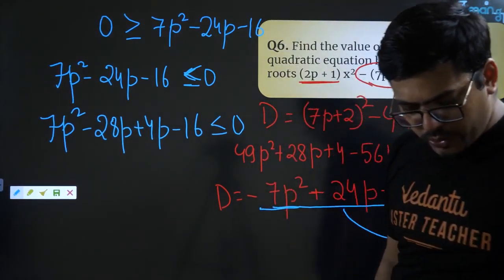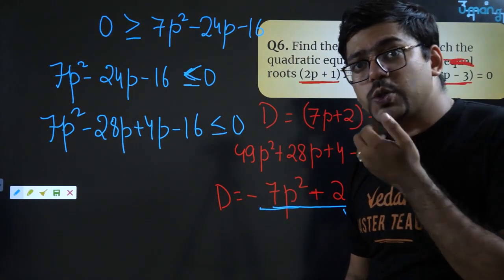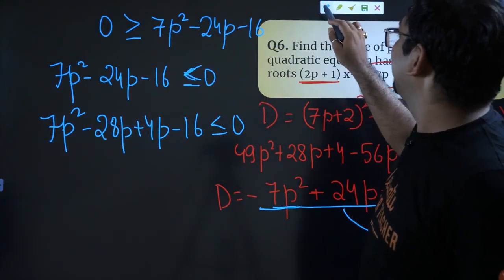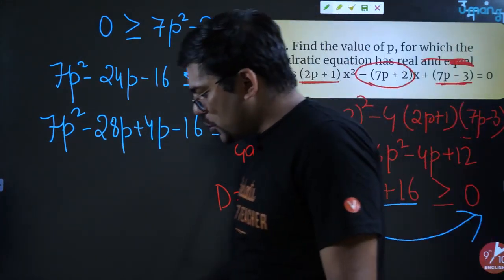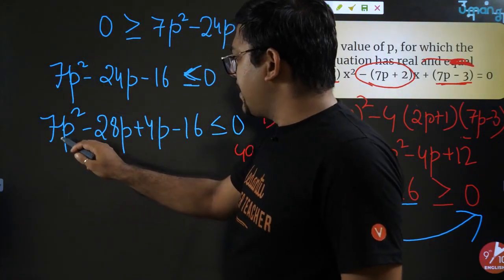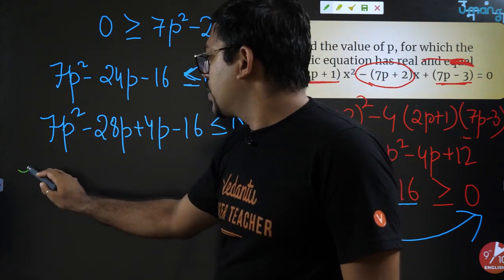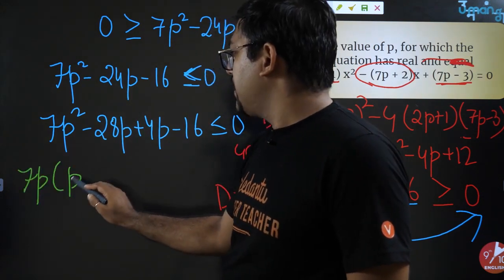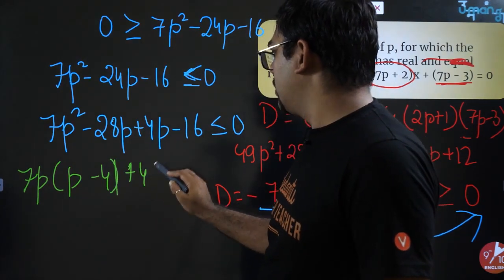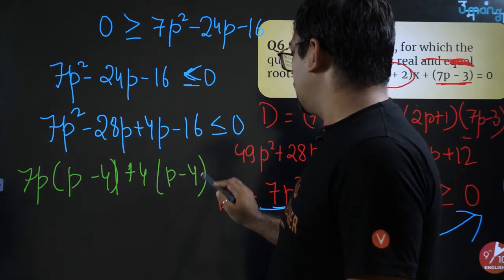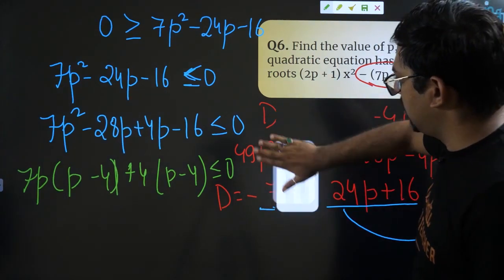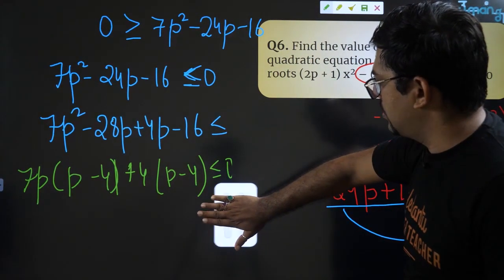Okay. Now you have to actually solve it. Chalo, let's try solving it out. It's not so tough, in fact. Okay, let's try it out. So here, if I write it down, please pay attention. Let me solve it this way only. 7p and minus 28p, if you take out common, you can take out 7p. What is remaining? p minus 4. If you take out plus 4 common from the rest, what is remaining? p minus 4, less than or equal to 0. Cool? Okay. I'm just rubbing out this entire thing so that it should not be a problem for us.